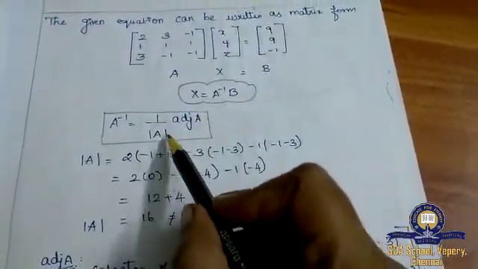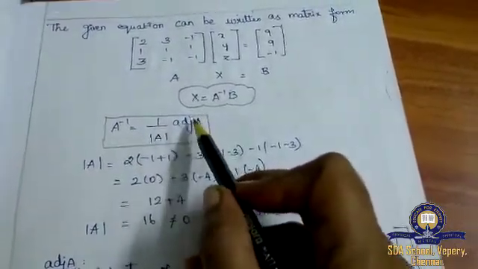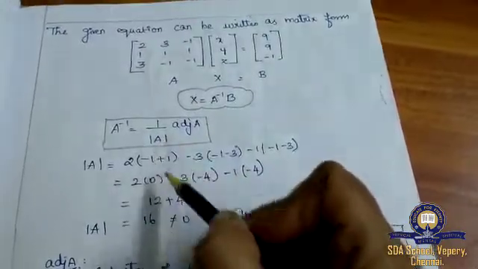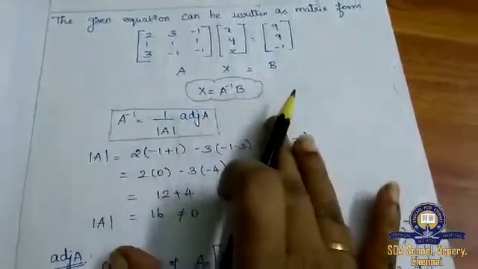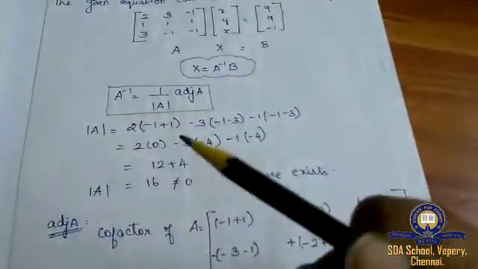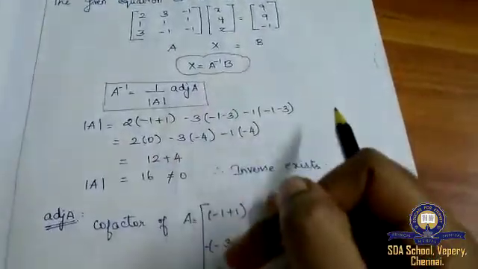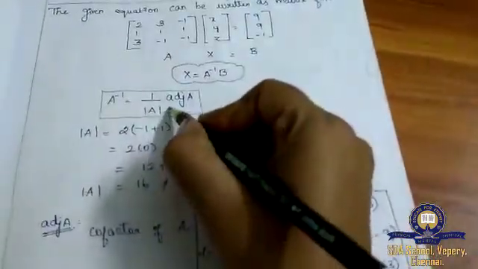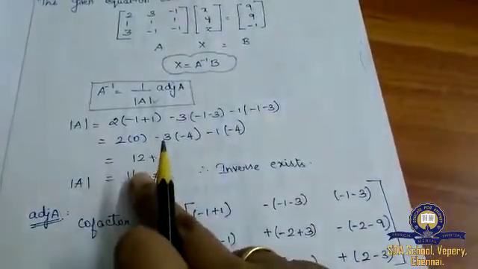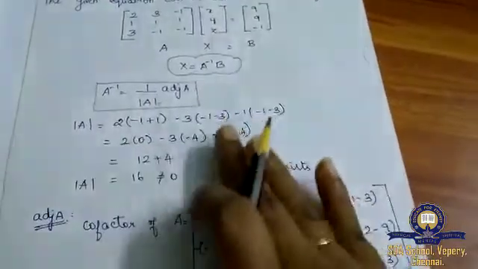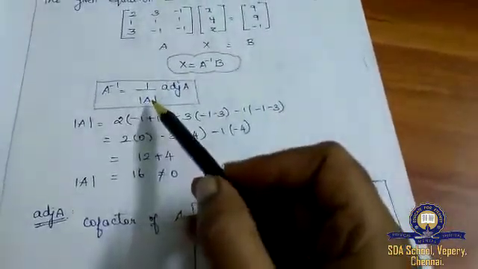First, listen children, you have to first find the value of the determinant, not the adjoint, because you will be having the determinant as 0 in some sums. If you get 0, it means your inverse does not exist. You cannot continue the sum. You don't want to find adjoint A and all. If your determinant of A has some value, it means your inverse exists. If your answer is 0, up to this is enough. Inverse does not exist, we cannot complete the sum. So that is why we need to find the determinant value first.